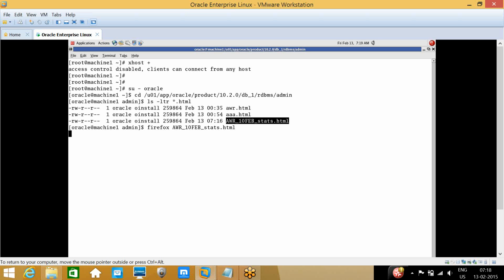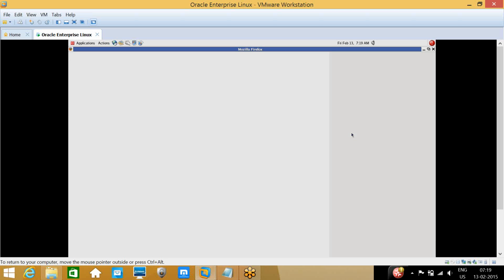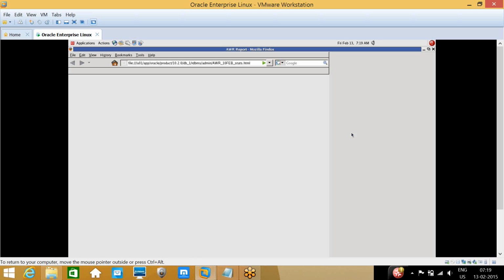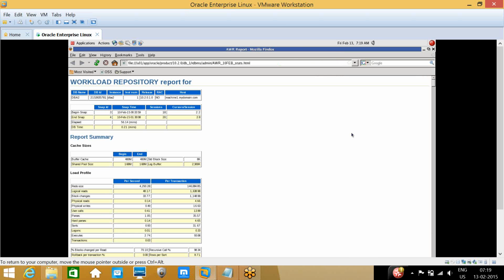We identify the peak hours for the application, when the application is utilizing the database time, and based on the timings we generate the AWR and analyze it on a daily basis. One activity of the DBA is to analyze the AWR daily and identify issues. Also, if any release changes are moving to production, after moving them you need to run the AWR.